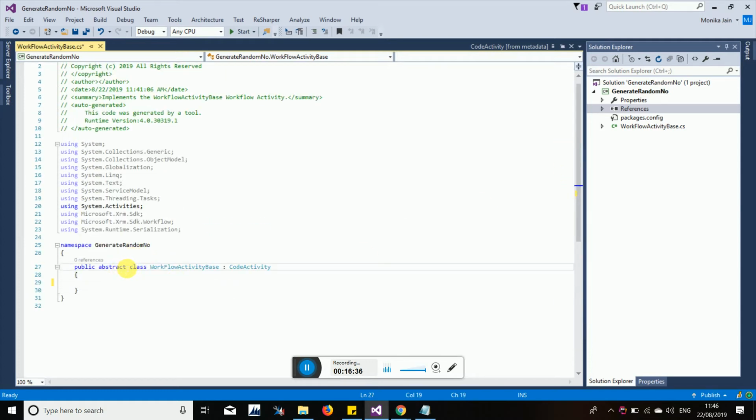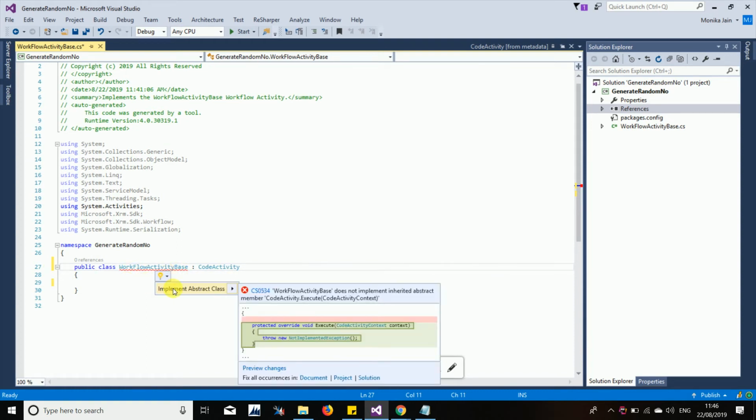If it is an abstract class, then it will not be readable, meaning you cannot see it while you register a plugin. So I recommend you remove this abstract. As you remove this abstract, now it will ask you to implement the abstract class. Implement means what? They have not defined a body, right? They have declared only the function. They are asking you to inherit that and give the definition to it so that the function can perform anything, right? So for that, just select it.